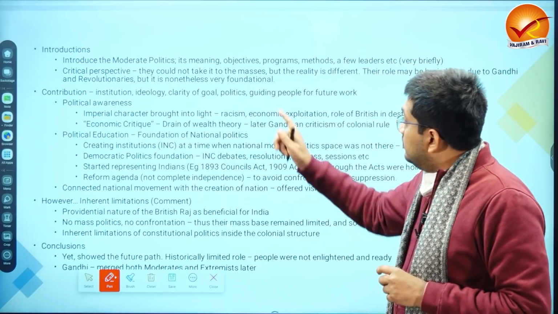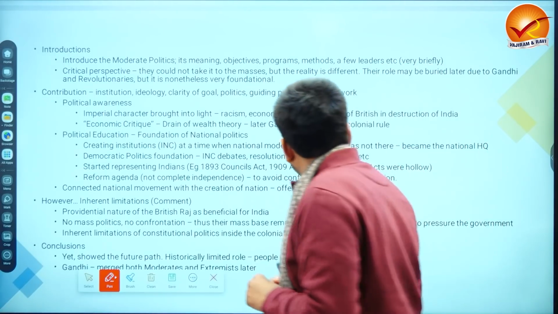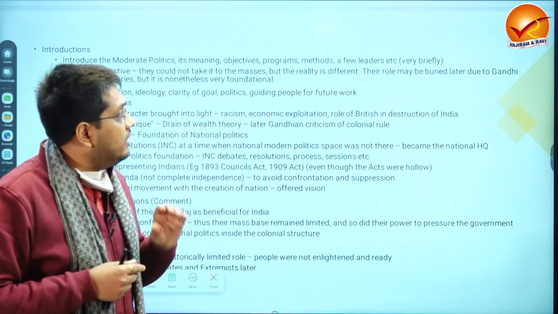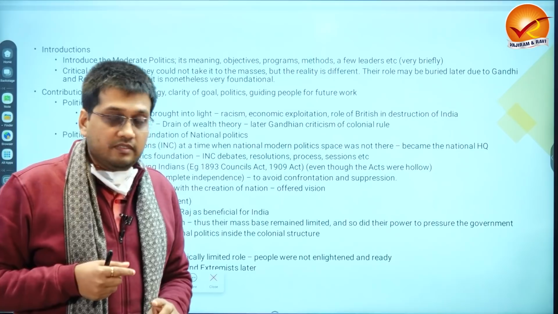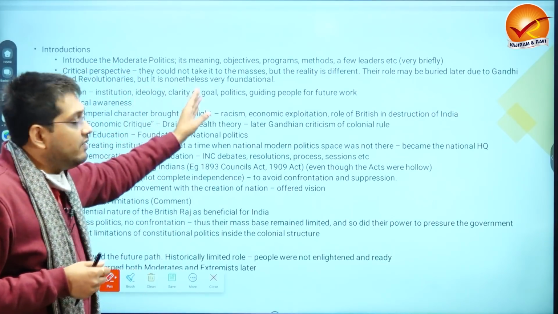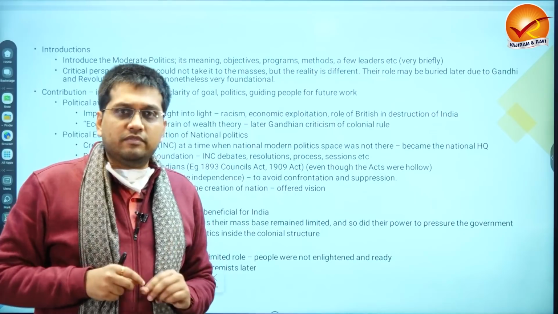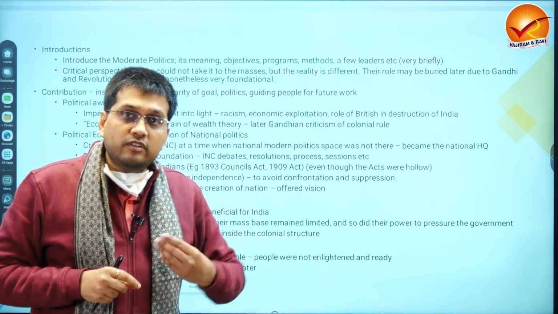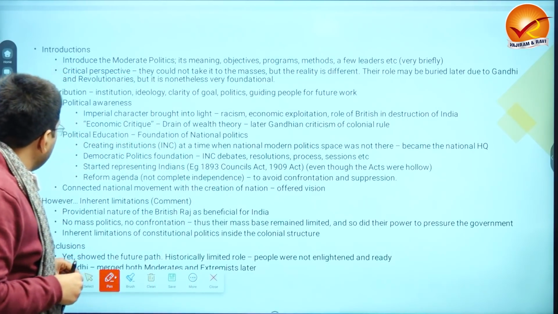For example, they could not take it to the masses, or their role may be buried later due to the role of Mahatma Gandhi or revolutionaries. Nonetheless, it was very foundational. So you are rephrasing the rhetoric and giving the perspective. So what was the foundational role? Then you expound upon that in the body. So what I have done here is